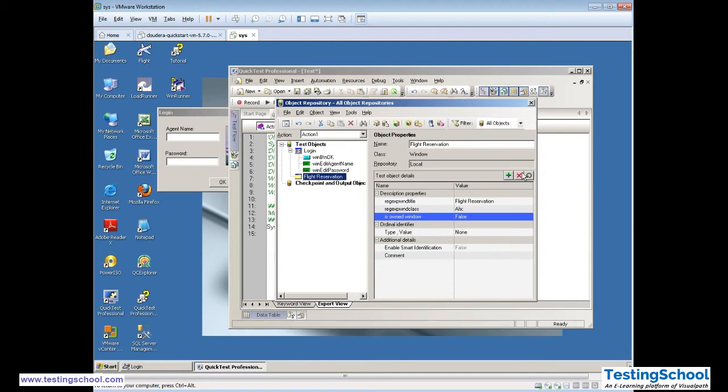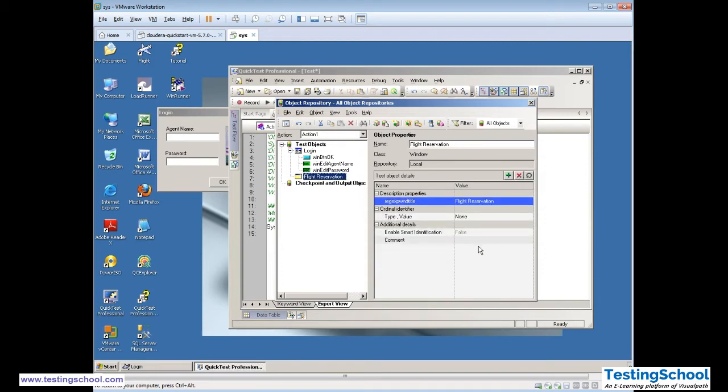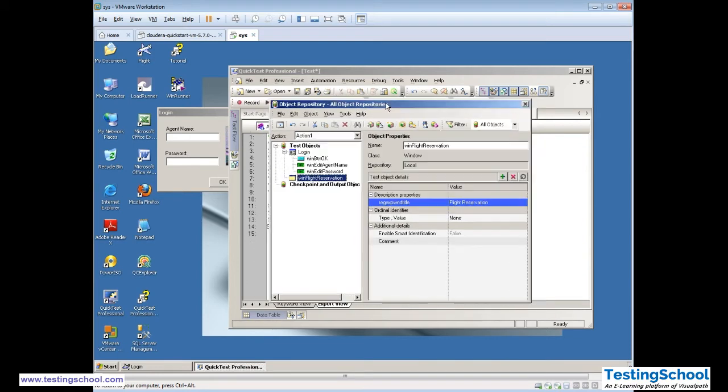I believe we don't need this properties. This is enough, and this will be window flight, win flight reservation, no space. So what we are doing here, we are creating an object repository. See, object repository here.